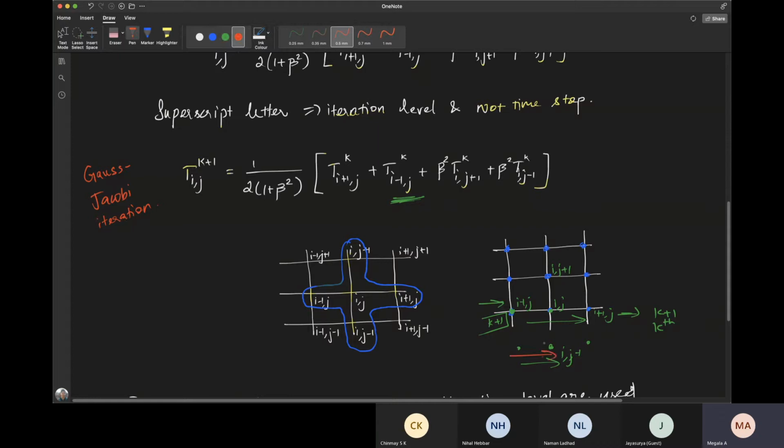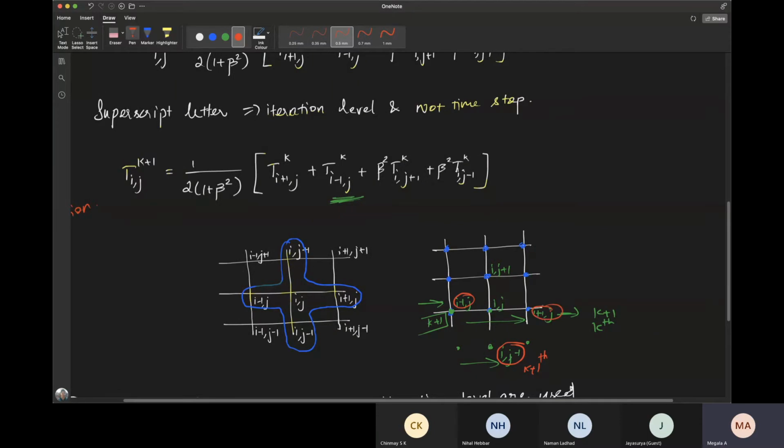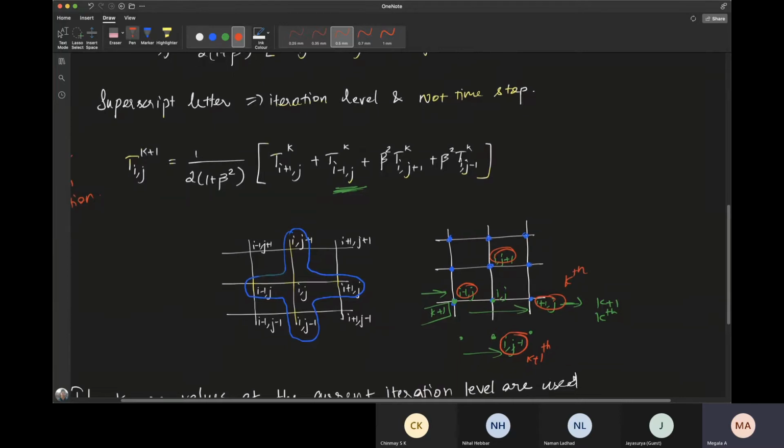First we are doing it at this level and next at this level and so on. If we go on doing that, then we'll be knowing the value of t at this point and at this point at the k plus 1th iteration level. Whereas the value of t at this point and this point will not be known at the k plus 1th iteration level. They will be known only at the kth iteration level. So to evaluate t at this point i, j, it will be required for us to use all these points. Since some of the points are known at the k plus 1th iteration level and some others are known at the kth iteration level,